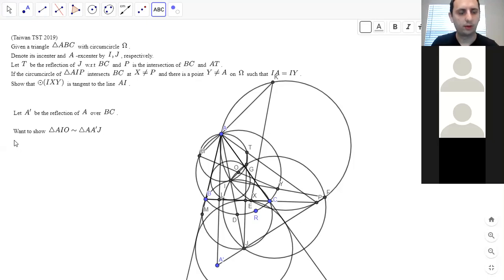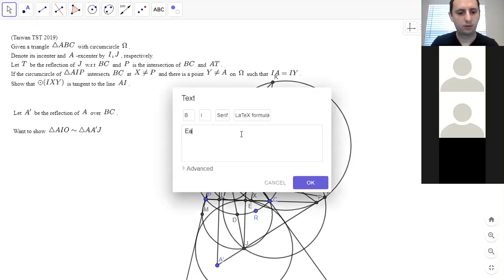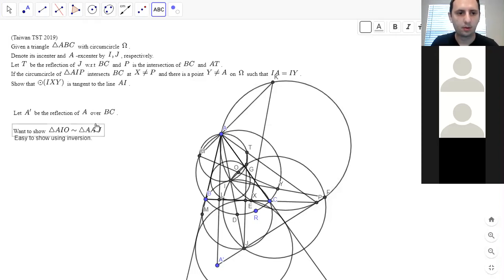So for now, I'll just say easy to show using inversion, but I'm going to add more detail to this later. So once we show this, then